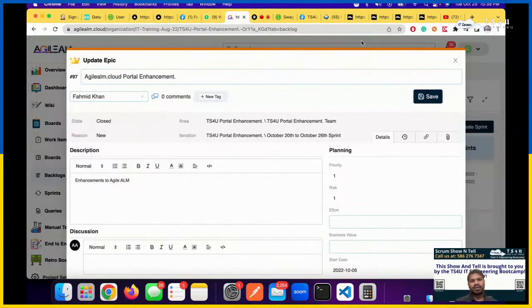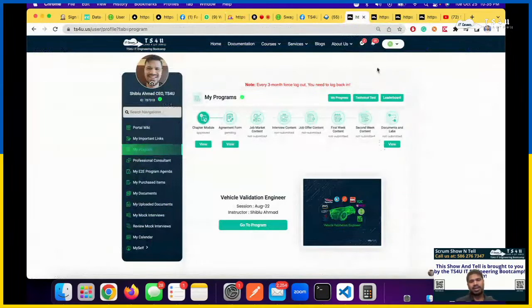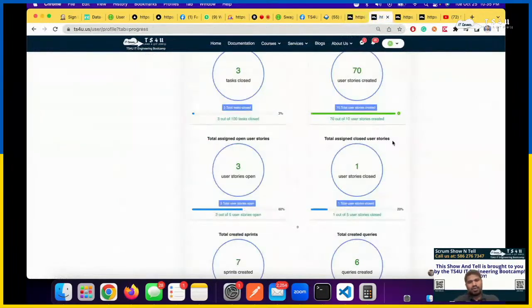So if you do not understand something, what will be the approach? For example, you did not understand this. What will be the approach to identify or get to know more details? We'll reach out to the product manager or owner, or we'll talk about the user story in the Scrum meeting.